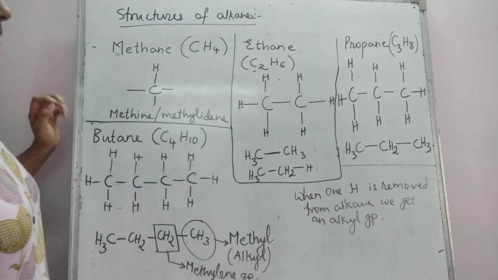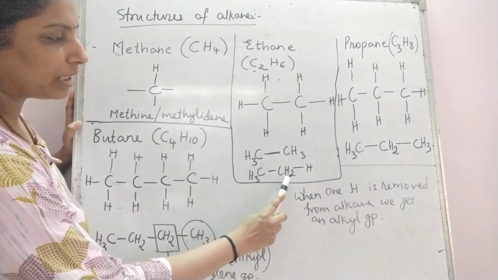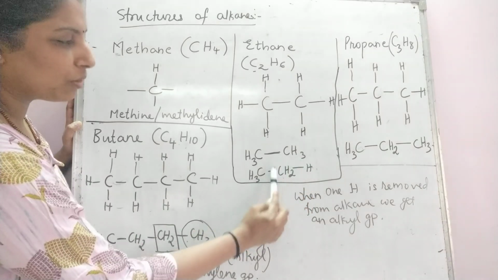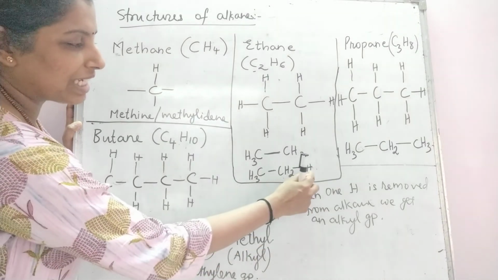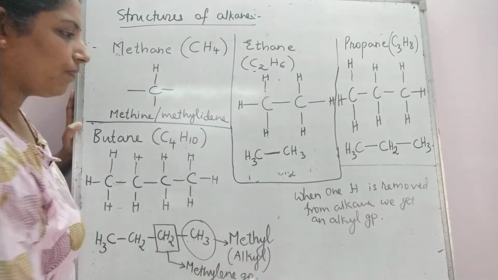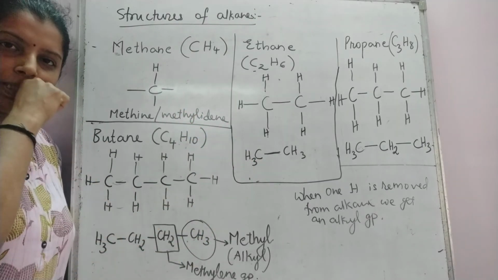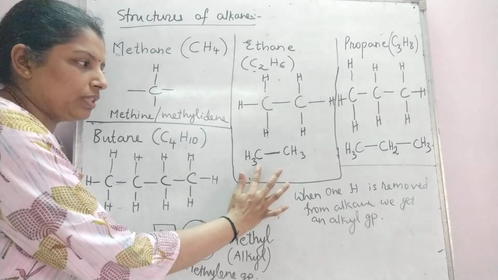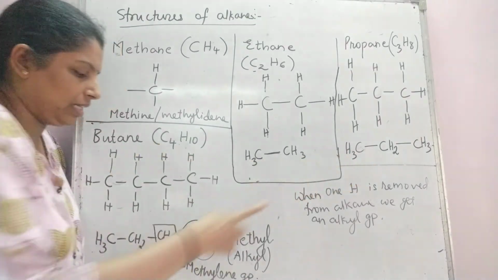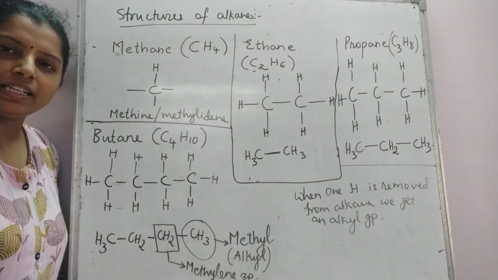Okay, in ethane how many methyl groups are there? 2 methyl groups you can say, or you can say 1 methyl group and 1 methylene group. Is it okay? Now this cannot be called as methylene group actually. There should be a carbon beside it. So let me see. I'll check in your textbook if there are some questions related to it. We can take up in the next class. So this has got 2 methyl groups. Is this thing clear?